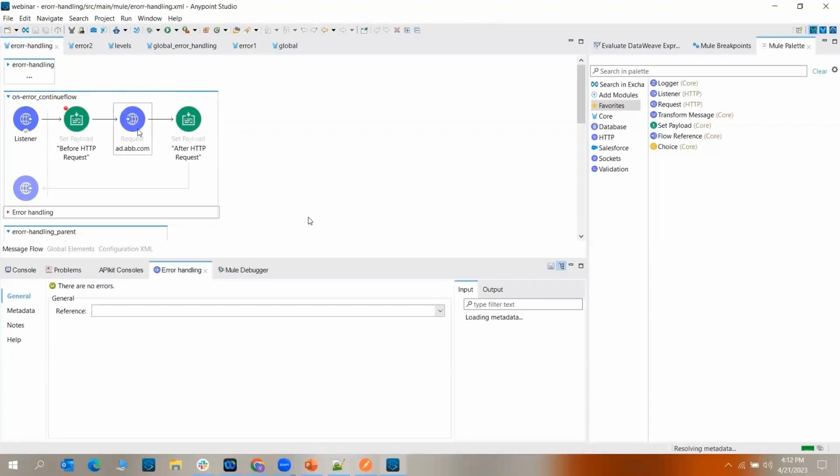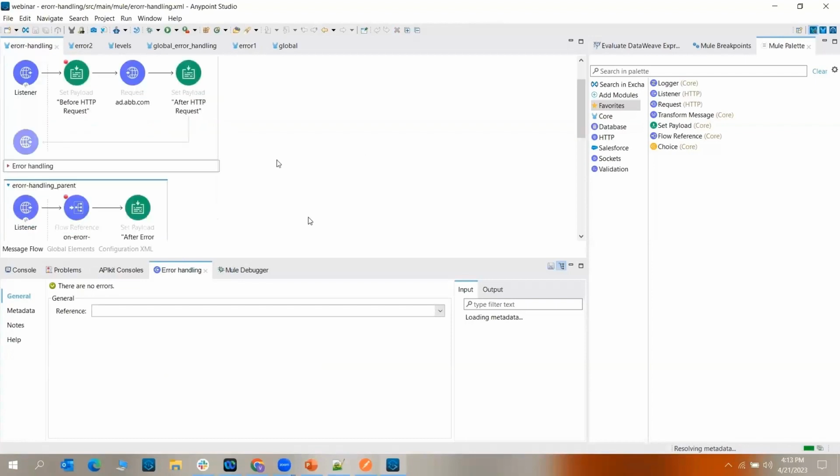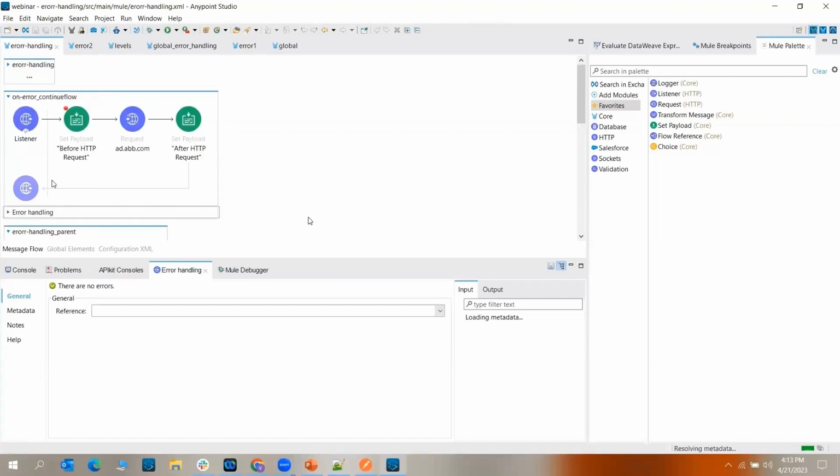So suppose now we are getting an error in this requester. Previously, as we discussed about the default error handler, nothing is specified in this error handling section, so this will be handled by the default error handler. That will be the default, it's not flow level. If you want to handle an error particular to this flow, whatever components are failing within this flow, we need to handle it particular to this flow. So we can make use of this error handling section in all the flows, private flows and flows, but